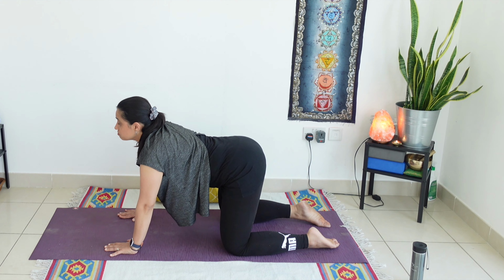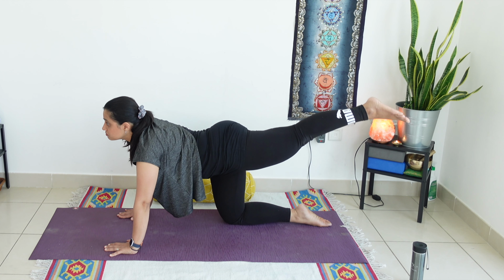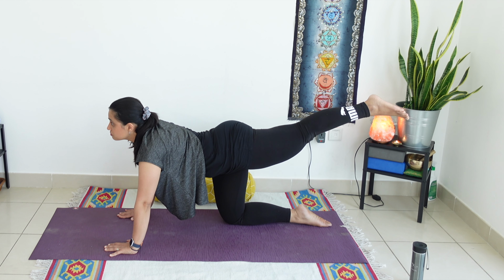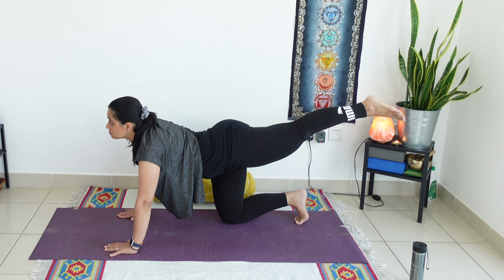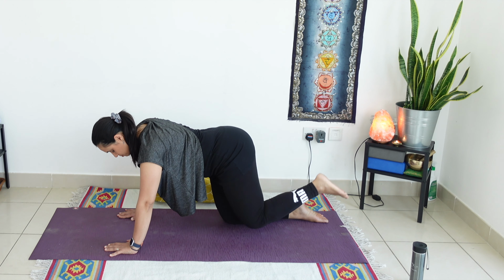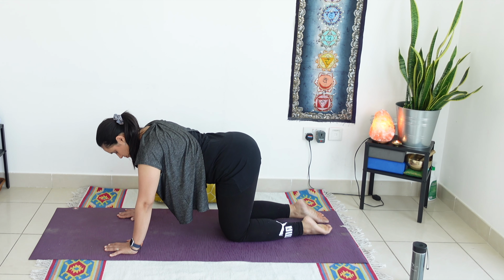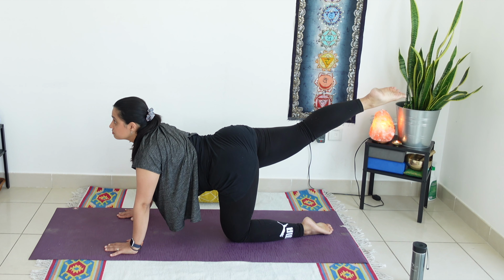And this time, find a point to focus on in front of you as you extend your left leg all the way back. Feel that stretch. You can tuck your toes if you want for additional support, or keep your foot flat as you slowly release. Opposite side, so extend your right leg all the way back,